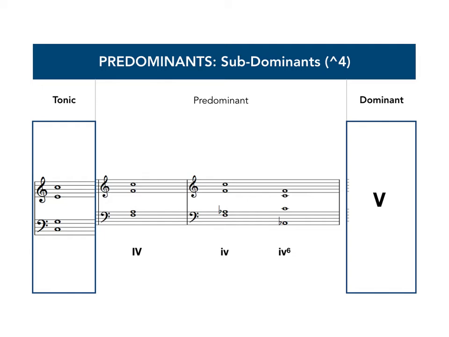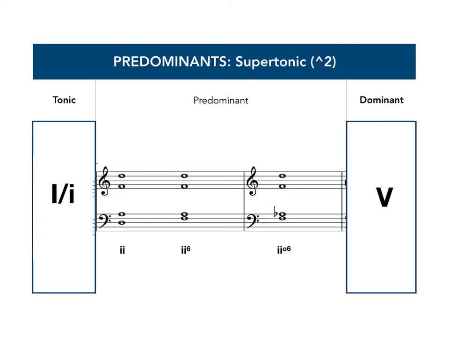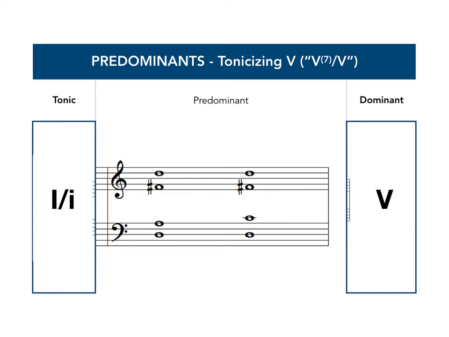So the Phrygian half, the Italian augmented sixth chord, and of course those predominants built off of the supertonic. And also we can perhaps look at the tonicization of 5 with its own dominant, so the 5 of 5 chords. So here we are in C minor,